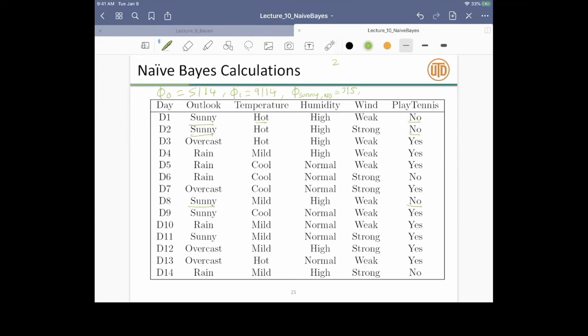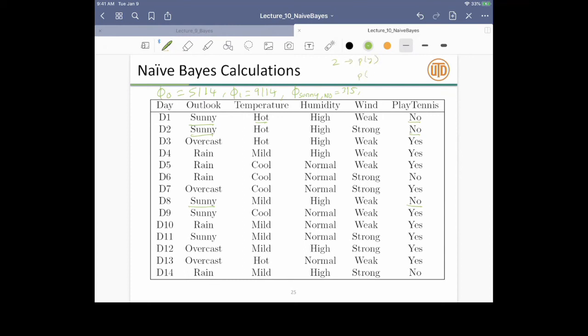Three? No, I won't have three parameters. It's a cross product between the feature values and the label, right? So the parameters are going to be, yeah, it's 6. So it's not 3 into 3 into 2 into 2 into 2. That would have been had you had to store the entire joint table, right? But it's actually 6 because this is the number of parameters for p of y, right?